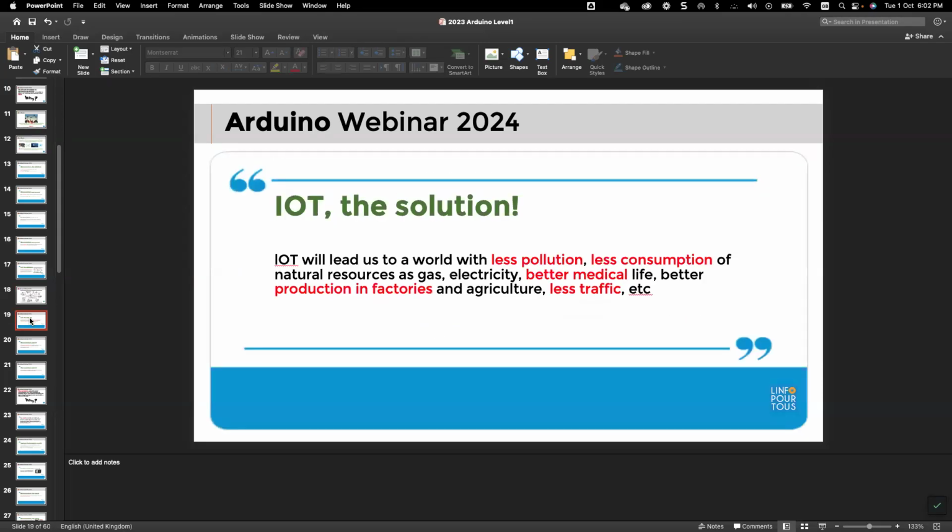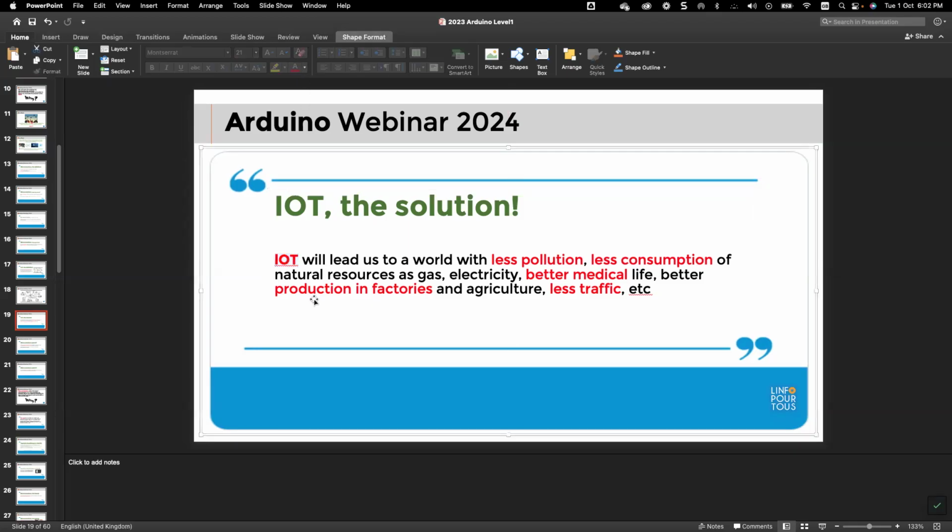When we think about IoT, it's actually transforming each single electronic device into what we call an intelligent device, in order to send data from the environment around us, to behave better and to find solutions for pollution, recycling, healthcare, manufacturing, and other problems that we are facing.